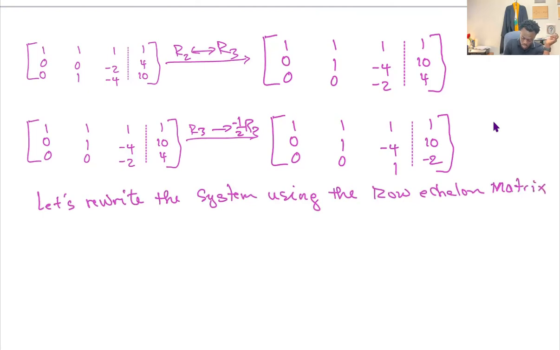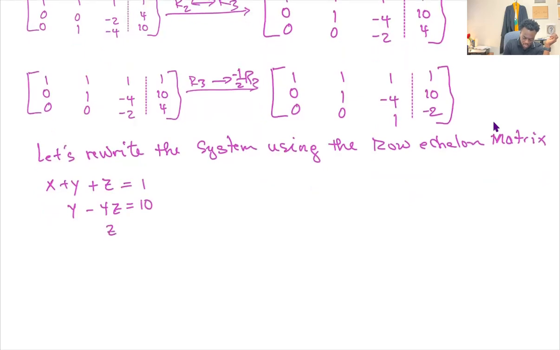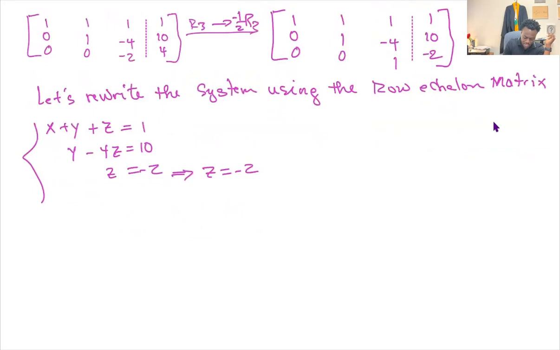Now it's going to be x plus y plus z equals 1. That will be 0 for x, so that's y minus 4z equals 10, and then Z equals -2, which automatically gives me the value of Z. Z equals -2. Now from Z equals -2, I can go up to the second equation to find the Y